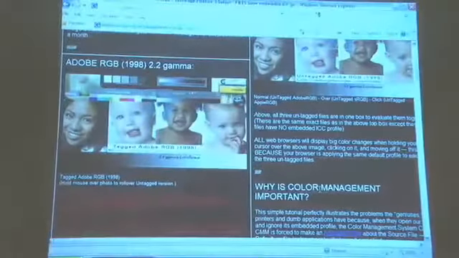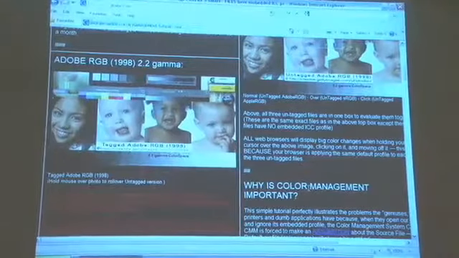And really that's very, very true. Okay, so on this web page, there are a variety of images, and these images are just meant to show you a variety of colors, a whole range of colors, and it's supposed to appear somewhat